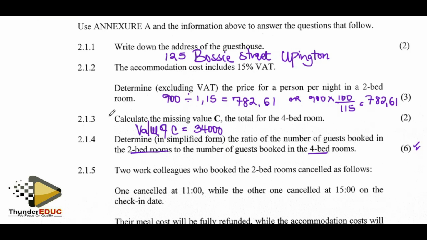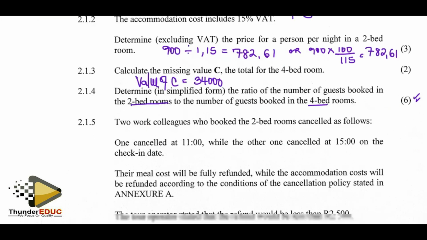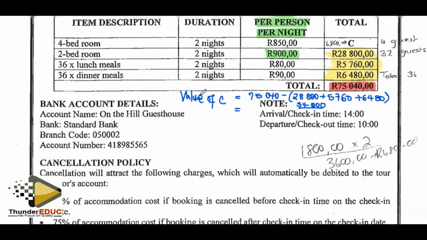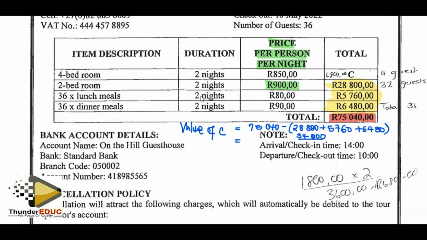We shall go to the next year and we find out. Let's go to the next year. The next year says 2 nights, 900 per person, and they paid this much. So how many guests were here? So all we need to do, we shall say